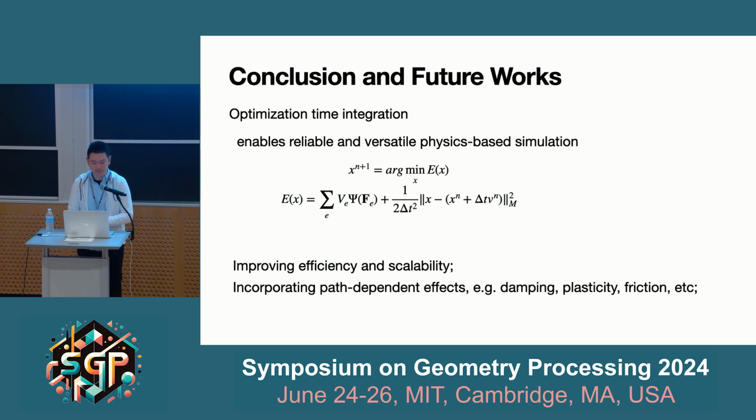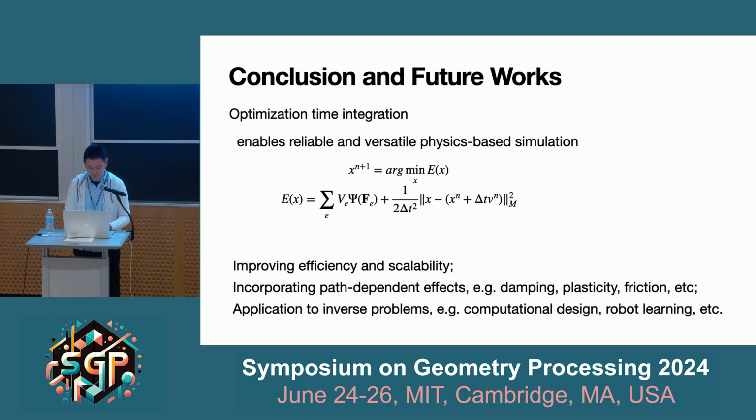And secondly, the elasticity effect is actually a conservative effect, which is not path dependent, so that it has a potential energy that we can use in the optimization form. But for path-dependent effects like damping, plasticity, and friction, which don't have a well-defined potential energy, it is tricky to incorporate them into the optimization framework. And recently, we have some explorations in this direction, but it's still not perfect, and it's still a meaningful future direction. And lastly,